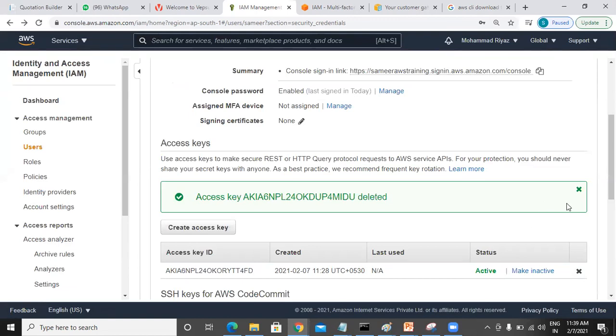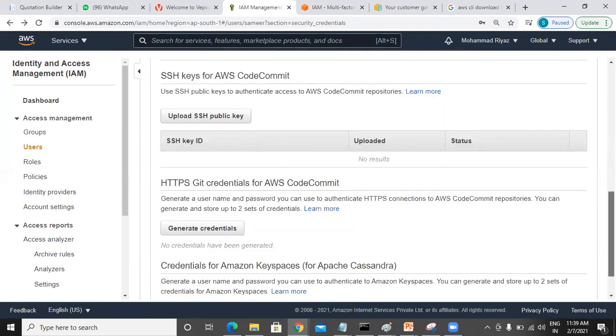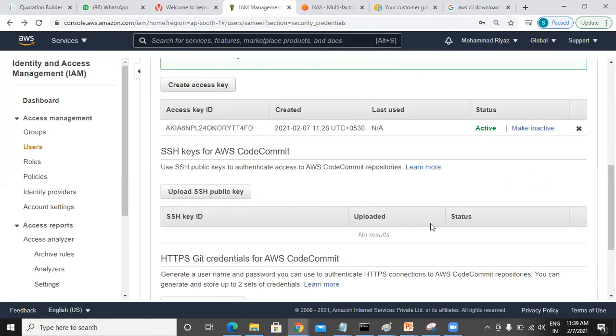And there are SSH keys for AWS CodeCommit and HTTPS Git credentials for CodeCommit. What is this? You can ignore this. This is basically for the authentication of CodeCommit, a service for development purposes, where development repositories, whenever you want to communicate on those repositories, CodeCommit allows you to upload your code and work with your code with an SSH key.